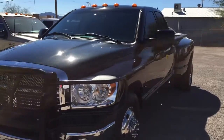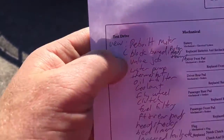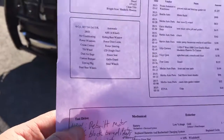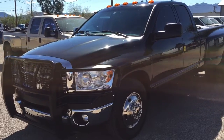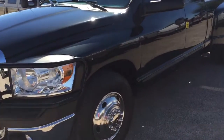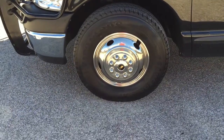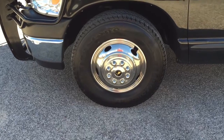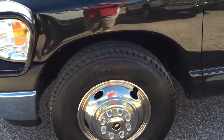So when we get it here we do about a 2-hour inspection. This is what the inspection looks like. This is what I wrote down that we did to it. The block has been bored, piston rods and bearings, valve job, water pump, thermostat, oil and filter, coolant. We also got a new flywheel for it, and it got a brand new clutch. Fuel filters are new, front and rear brake pads are new, hood shocks are new, bed liner, the louver tailgate is new,